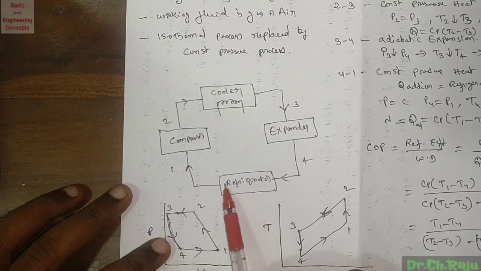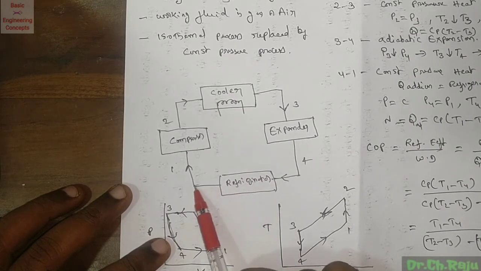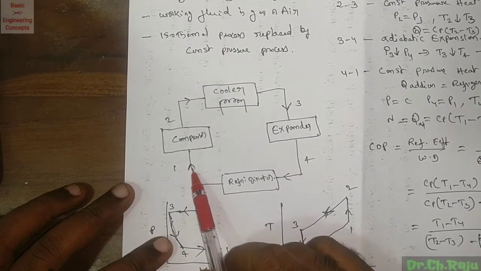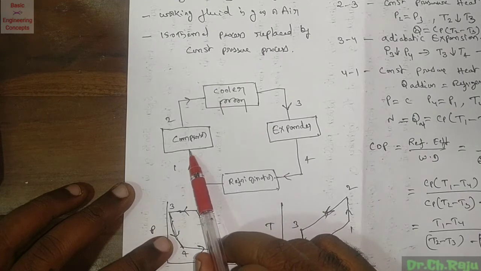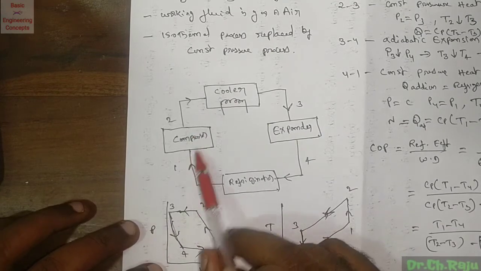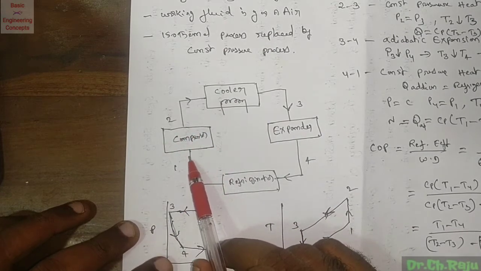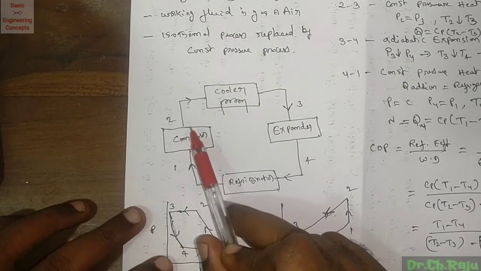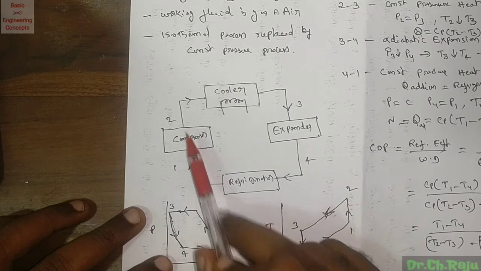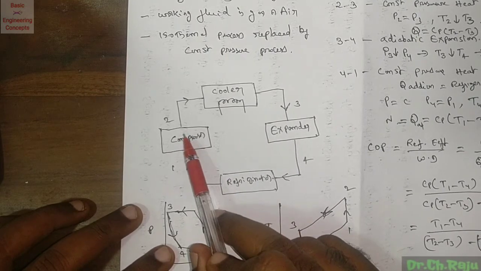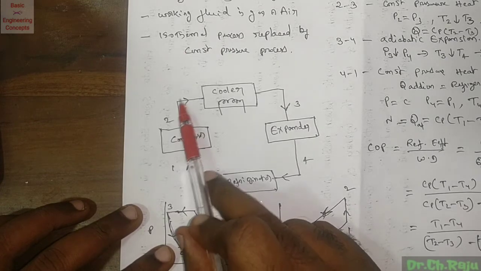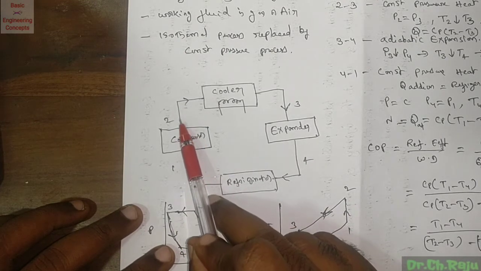The air from this refrigerator is in a warm condition, as it absorbs the heat here. This warm air comes to the compressor, where it is compressed adiabatically to high pressure, that is, its pressure increases. As the pressure increases, its temperature also increases and its volume decreases. So here, high pressure, high temperature